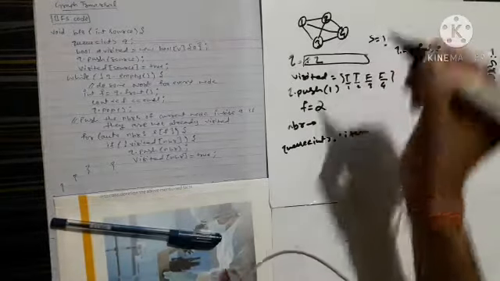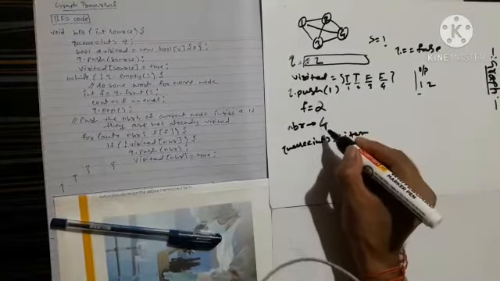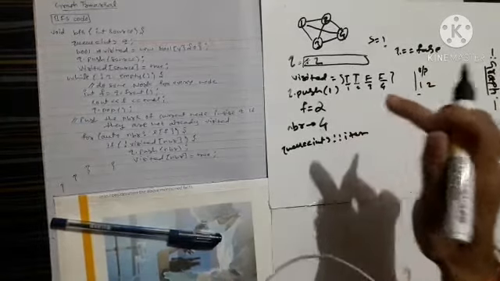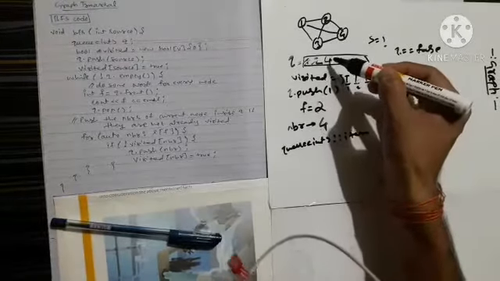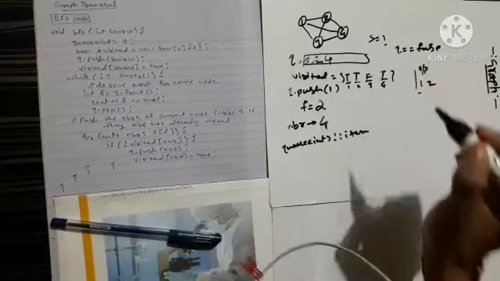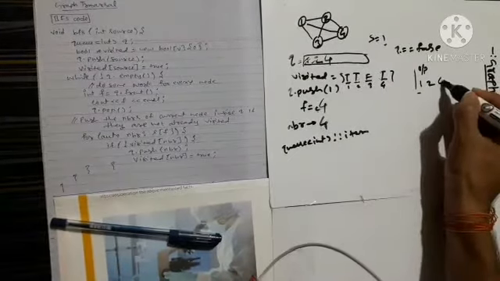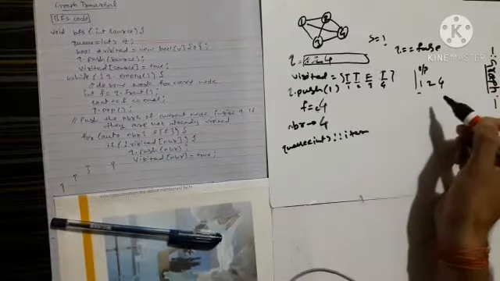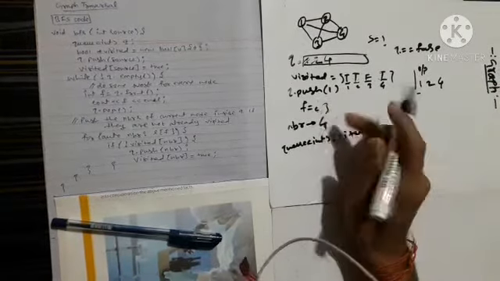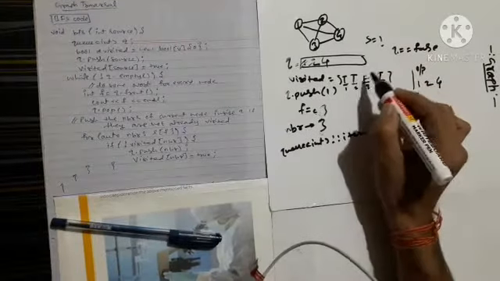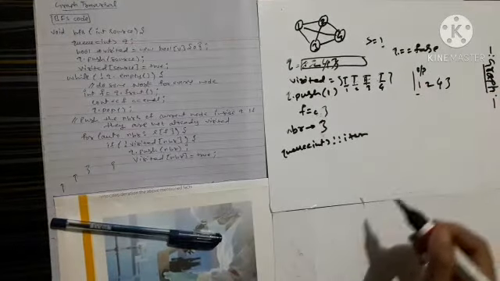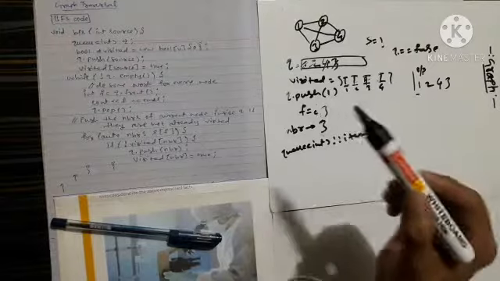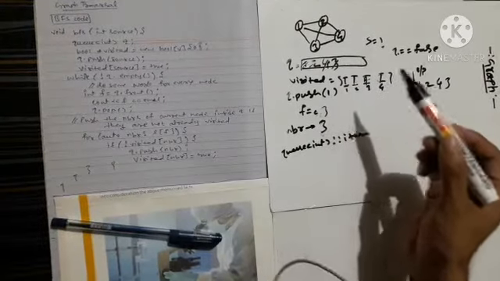Now my new neighbor will be 4. This has not been visited, so I push it into the queue and make it true. Now again pop, so f will contain 4, and also print it. This is basically BFS. At last f will be 3, and neighbor will be 3. Since it is false, I'll make it true and push it into the queue, and then again I will pop it and print it. In this fashion we are going to do the BFS traversal in the created graph.